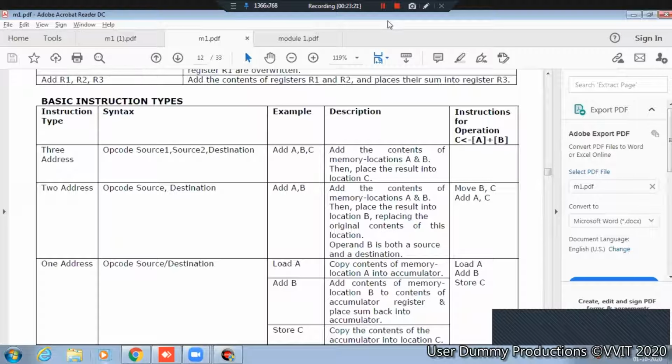We should add the contents of B and the accumulator, ma'am. Yes, add the content of B and the accumulator and place the sum back into the accumulator. That you should tell.